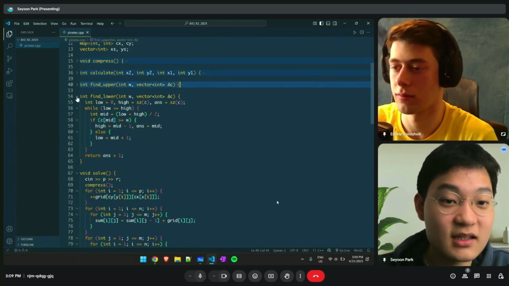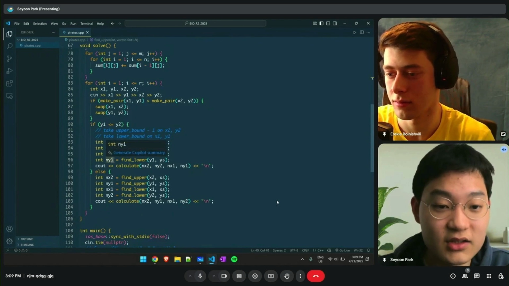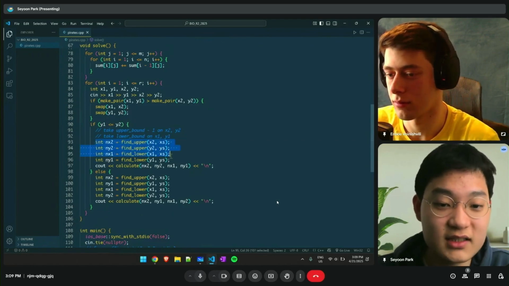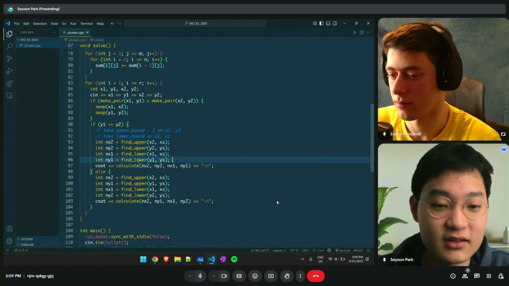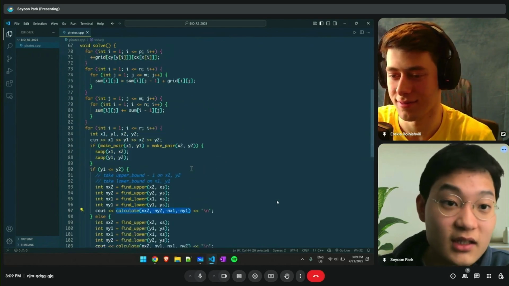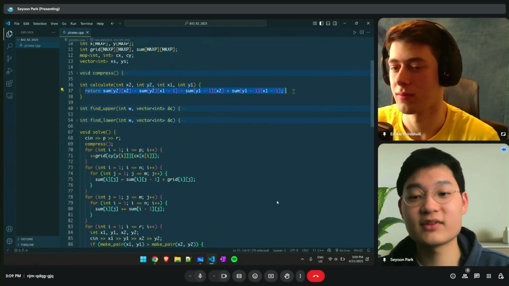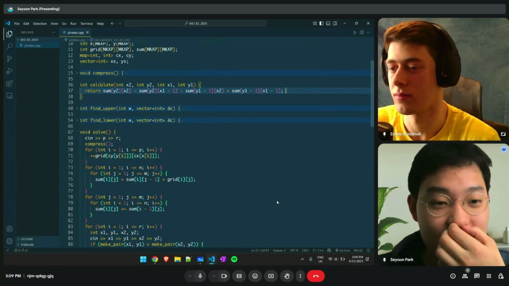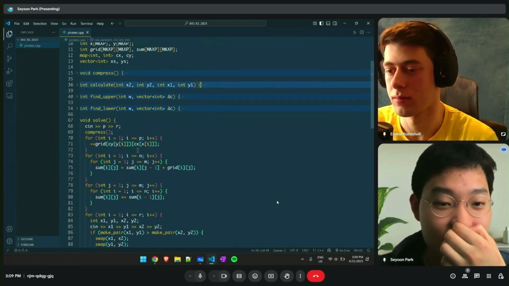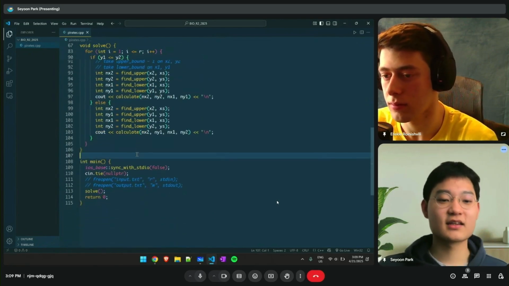Then you pass these newly converted coordinates in the compressed plane into the function calculate. We've discussed that during the whiteboard, so that's what it does. And that's really it.